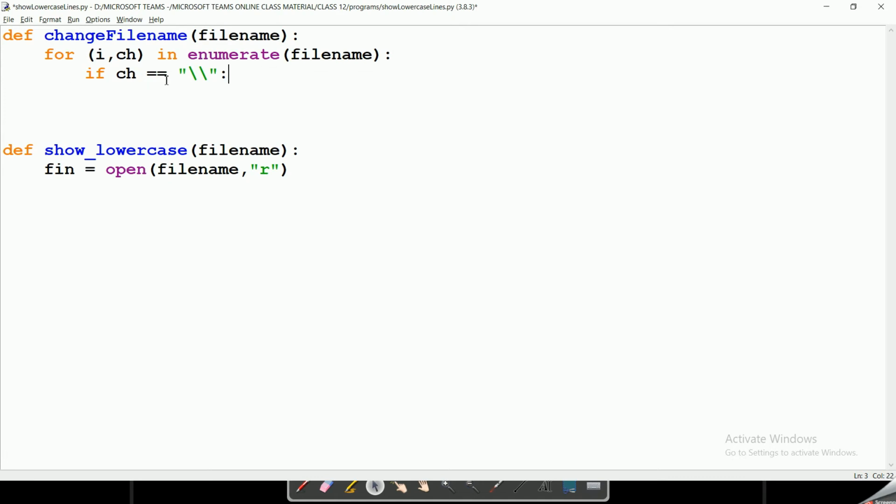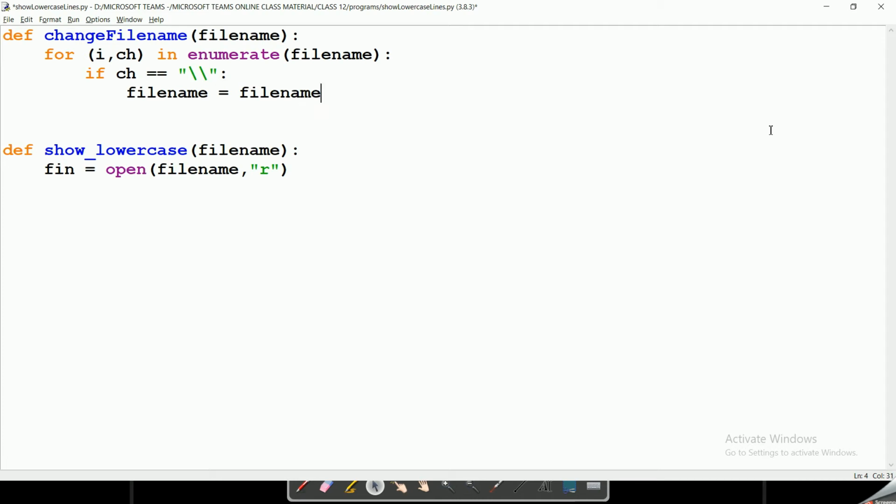So we can see that ch over here, we are trying to check whether we have a single backslash or not. So this whole thing is an escape sequence for the backslash character, hence it will check whether ch contains a backslash character or not, because usually a backslash character is used for creating escape sequences for other non-printable as well as printable characters. So we are going to write here file name equals file name.